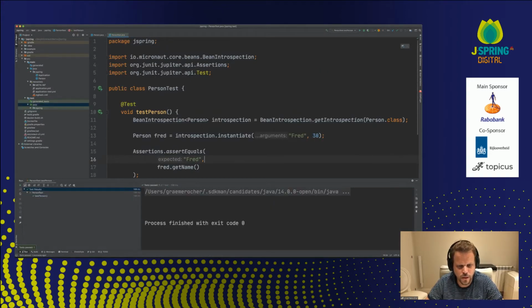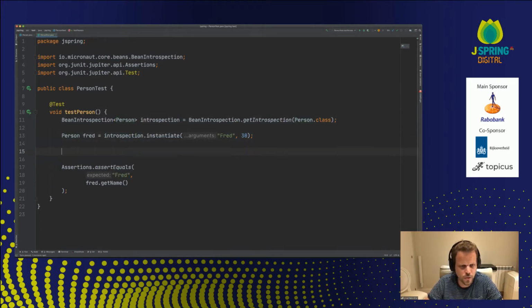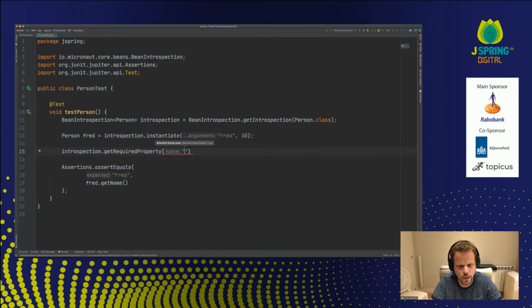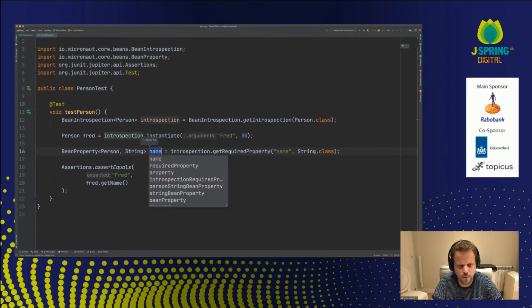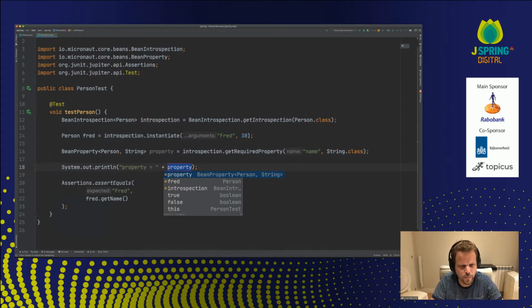So there you go. What this has achieved is essentially I am able to, without using reflection, instantiate the Person class. And I can also use the introspection, for example, to read a specific property. So I can say, I want to read the name property. And I'm going to get a reference to the property, a BeanProperty. And I'm going to say property.get and pass in Fred.